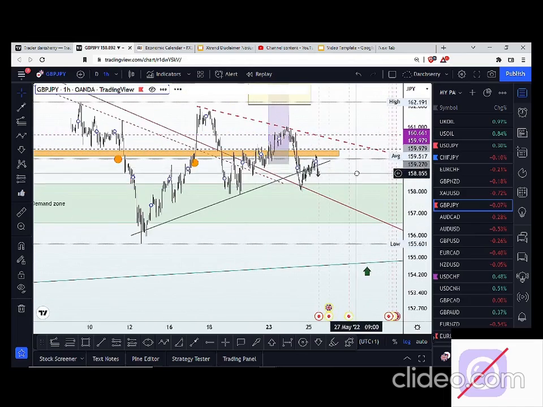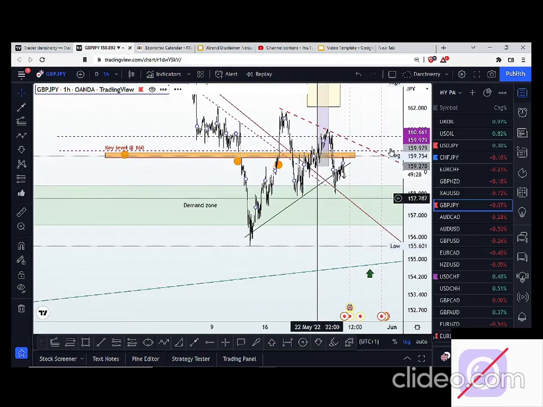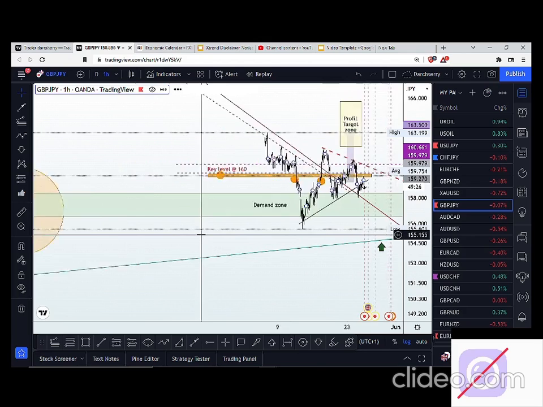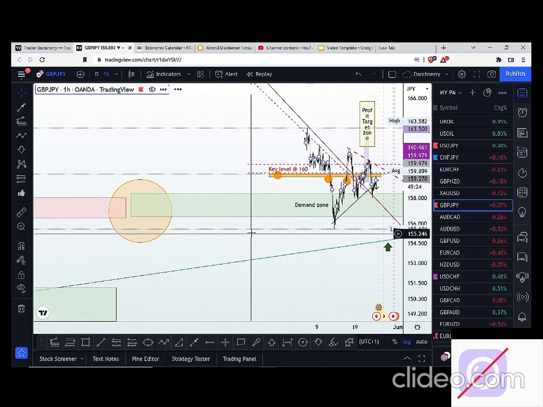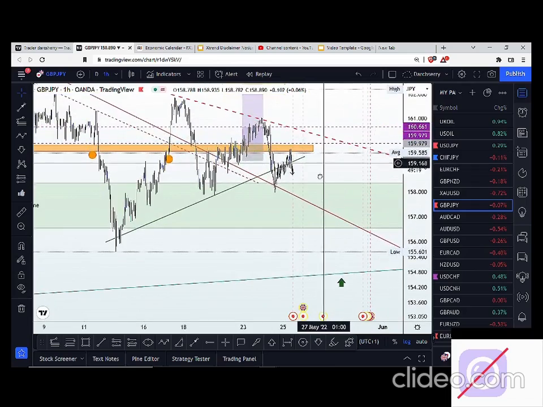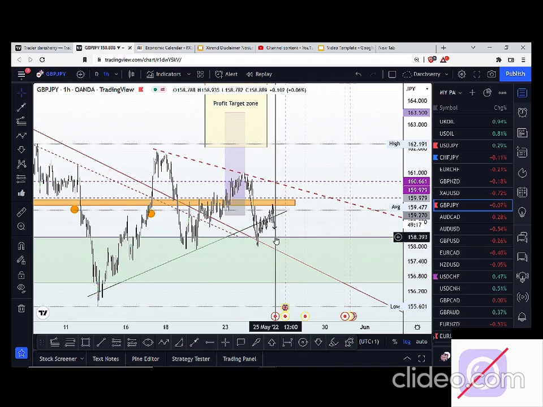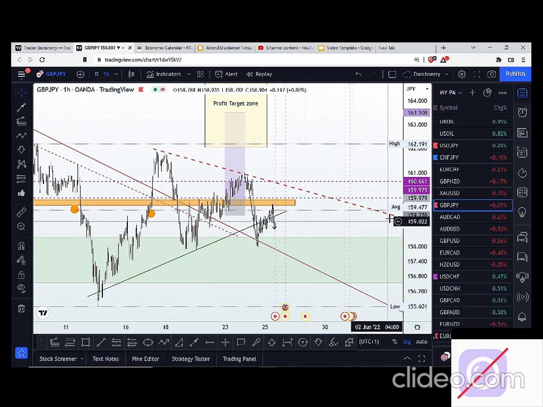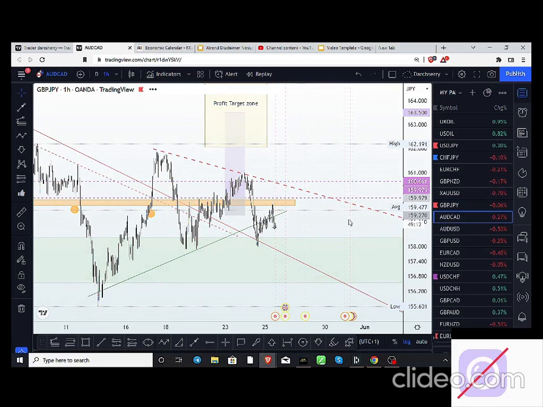Like I said, I'm not taking any selling opportunity on this one, as we are sitting on a very strong demand zone at this point. So any opportunity we want to be thinking of on the GBP JPY is to buy, and we can only buy if we see structures that support that momentum. So now on the AUD CAD,